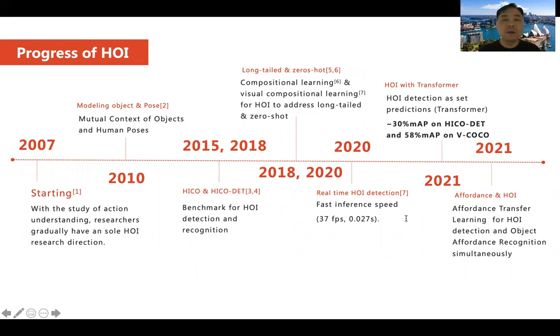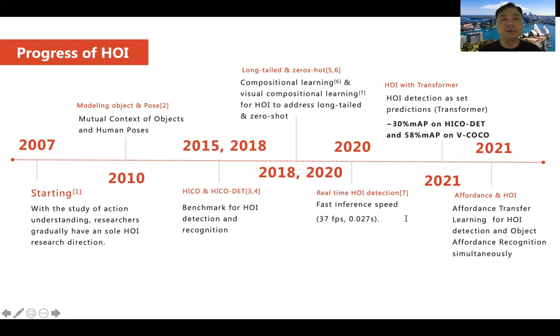From 2010 to 2015, many HOI approaches based on traditional methods were proposed. Yao and his colleagues introduced a people playing musical instrument dataset and presented a sequence of work for improving HOI recognition from pose, parts, and spatial perspective. For example, they utilize a structure search approach to estimate the connectivity between objects, human pose, and different body parts for recognizing object and estimating human pose jointly.